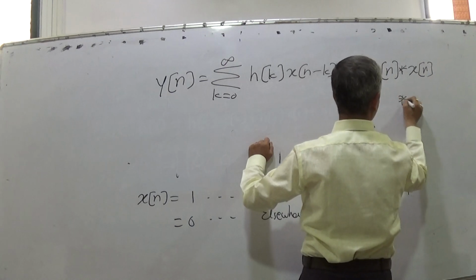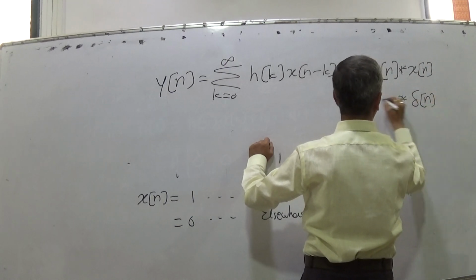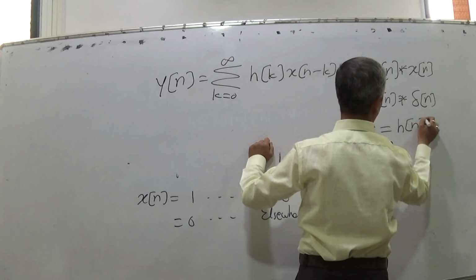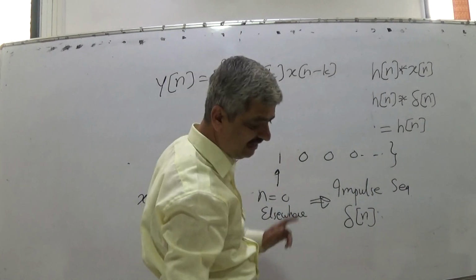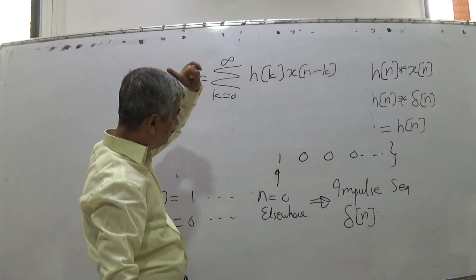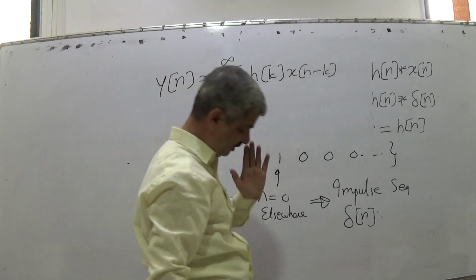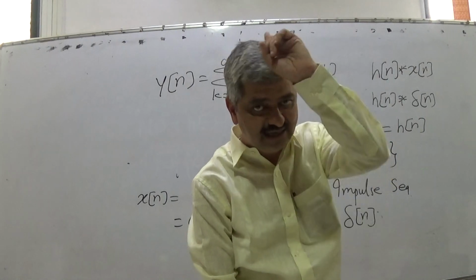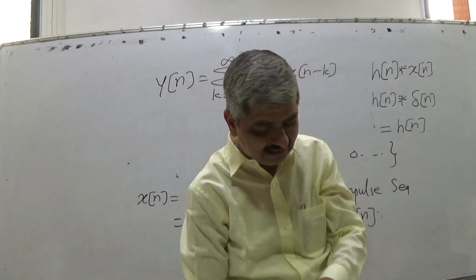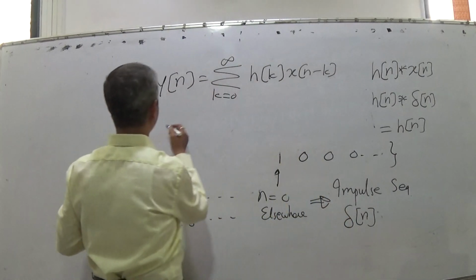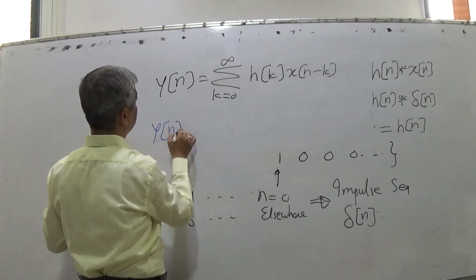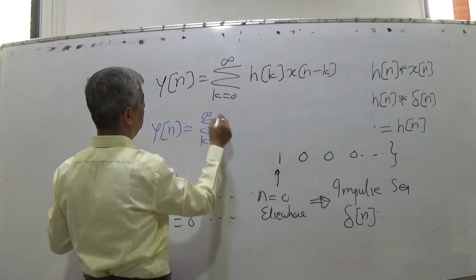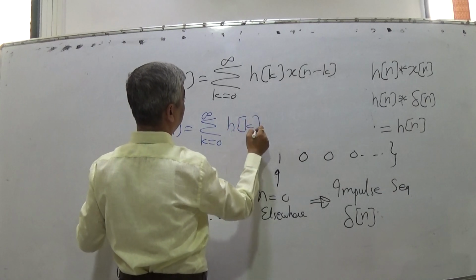But if x(n) is delta(n), then h(n) convolved with delta(n), the answer is h(n). So x(n minus k) is 0 elsewhere and only 1 at n equal to 0. In that case, what we get for y(n) is the summation, k equal to 0 to infinity, h(k)